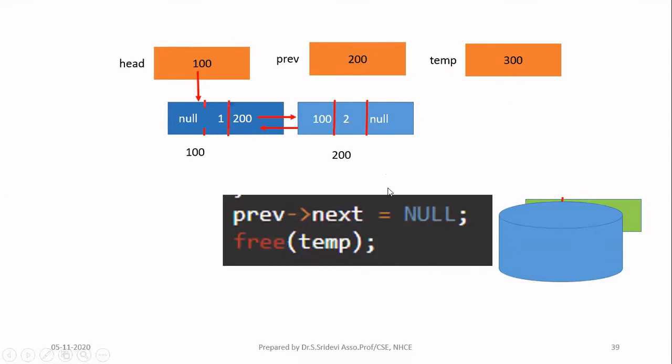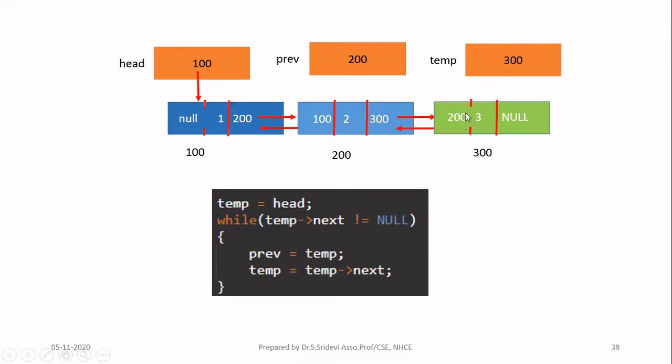Now what you have to do, you can see here the step is very simple. This green color node you want to release to the memory. There are 2 pointers involved in this, so you need to change 2 pointers. But what all the changes you have to do? Here, instead of this 300, you have to store null. When you do that, the first arrow will be deleted. And what about the second arrow? No need to delete it, because the green color node is now returned to the free storage. So you have to update only one arrow now.